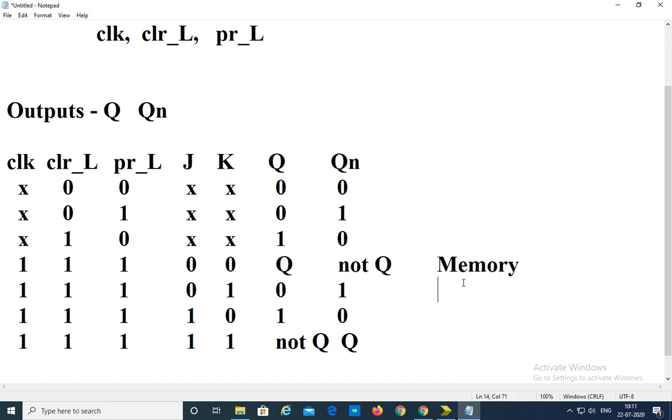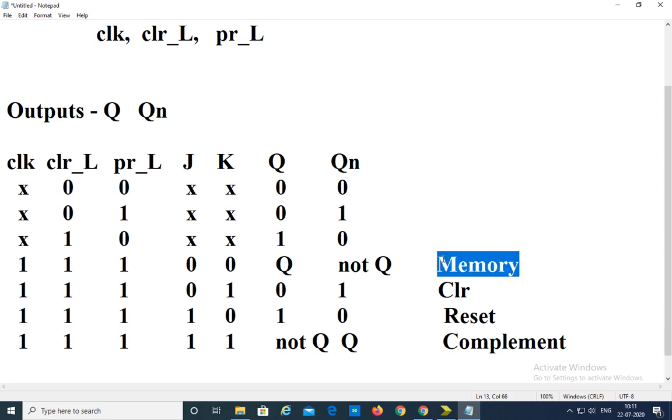For the 0 1 combination it is acting as a clear. For the 1 0 combination it is acting as a set. For the 1 1 combination the flip-flop is acting as a complement. Thus the JK flip-flop acts as a memory for the 0 0 combination.